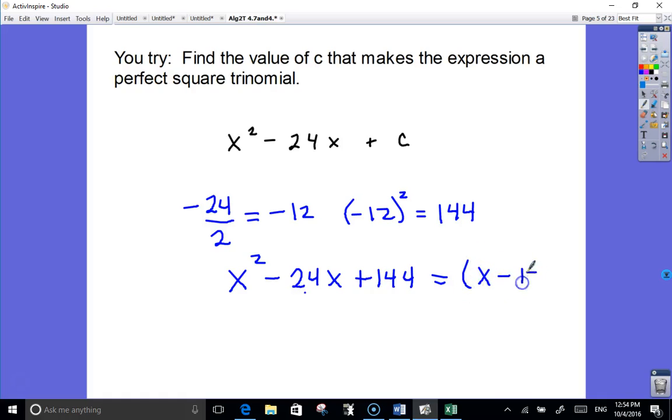X minus 12 squared. Again, it's whatever that number, the half of b, that's what goes there. In this case, it would have been easy enough to factor, right? What are the factors of 144 that add up to negative 24? Negative 12, negative 12. Do you really have to continue through, or can you just take the negative 12 and put it